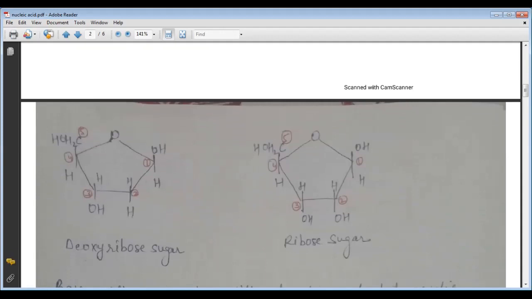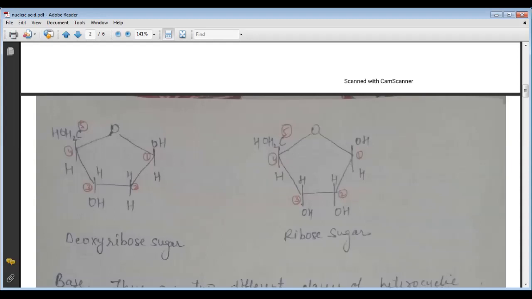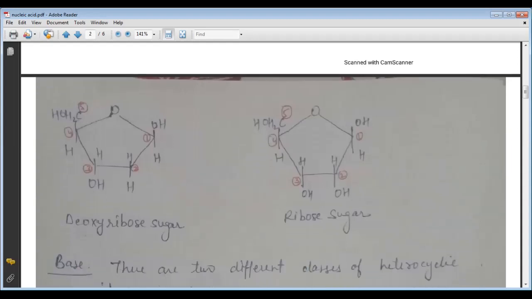The ribose and the deoxyribose are 5 carbon sugars. Ribose and deoxyribose are important components of the nucleotide, and are found in RNA and DNA respectively. So the sugar found in nucleic acid is pentose sugar. A pentose sugar has 5 carbon atoms. A combination of the base and the sugar is called the nucleoside.